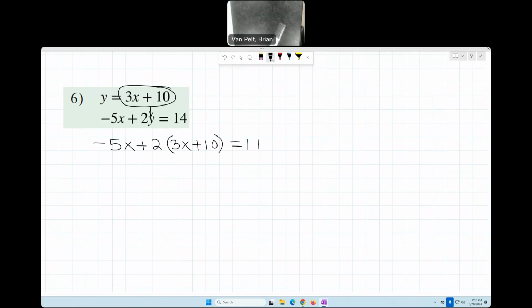What's the importance of this substitution? It now only has one letter involved, which can be solved. It's negative 5x, and you know what to do with this, right? It's 3 plus 6x plus 20 equals 14. So we combine the negative x plus the 6x. I get positive x plus 20 equals 14. And so x equals